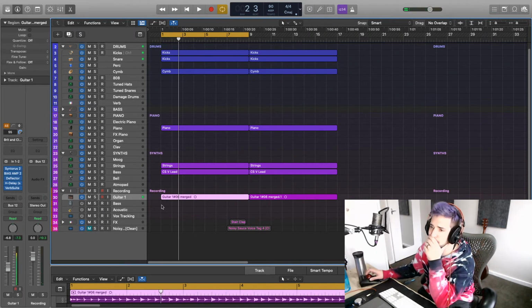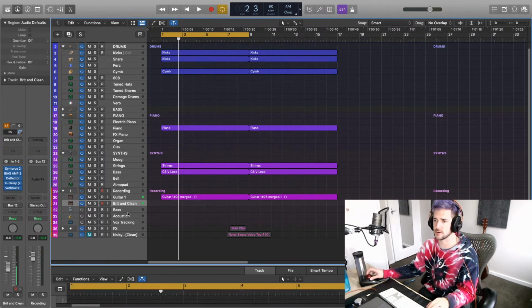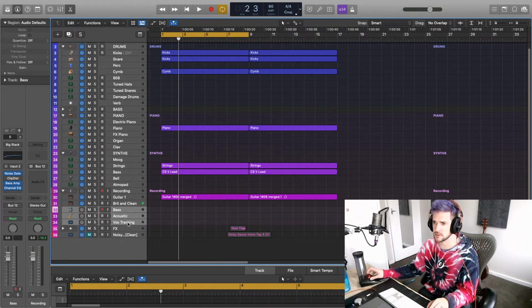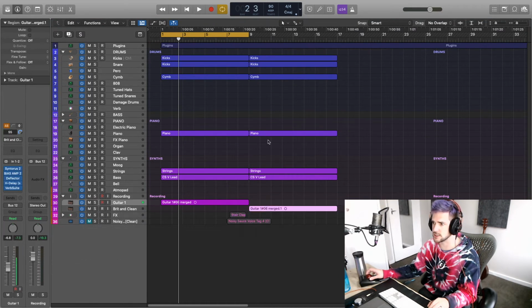Now this guitar, it'd be cool to pitch it down, which is pretty much what this guy said, tune down the guitars. It'd be cool to chuck it down an octave and hear how that sounds. So what I'm going to do is just double up this guitar sound. I'm just going to delete all these other channels here because I know I'm not going to use any of those. And I'm just going to drag this guy down